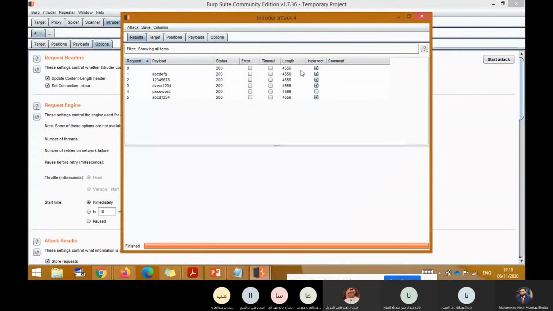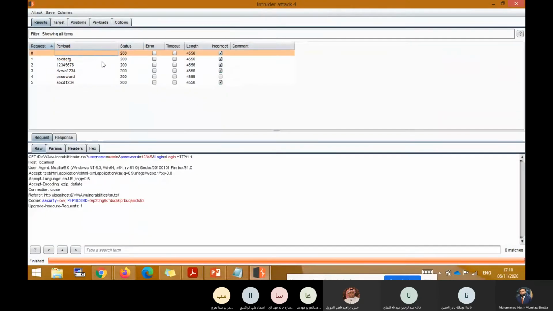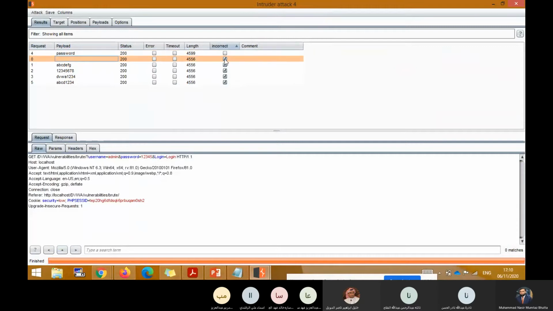And you can see now in all the checks, when they have tried the password combination, when the response is coming with incorrect, they have checked it here. But with the password, it is not checked. It means the response was different. So this is how we can know what is the correct password for this username. This is how we guess. This is called guessing the password, right? Up to here, clear, students?